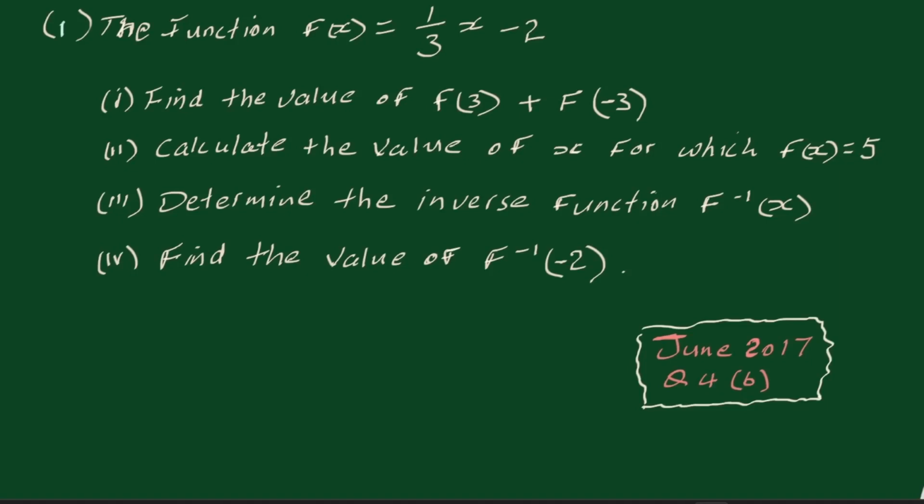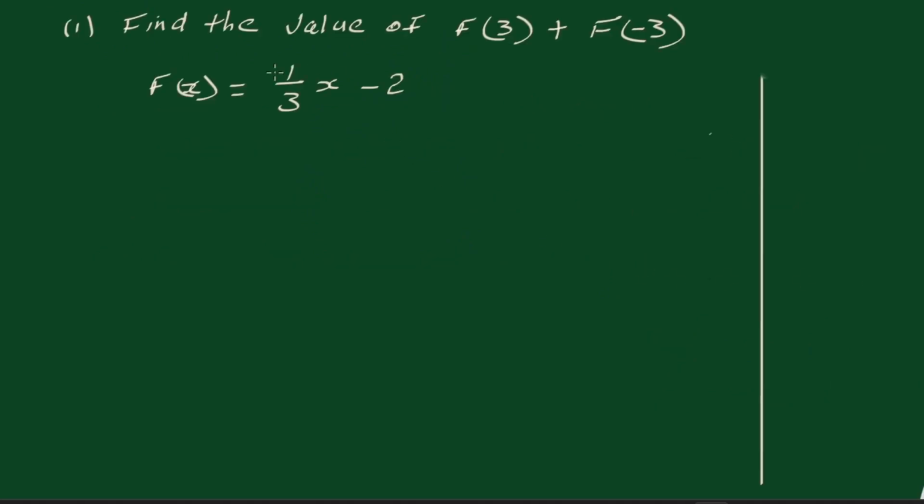Okay, so this question 1 was taken from the June 2017 past paper question 4B. You're given the following function and are asked to answer the following question based on the function given. So the first question, find the value of f3 plus f negative 3. Before we work out this question, let's do a manipulation here. So 1/3